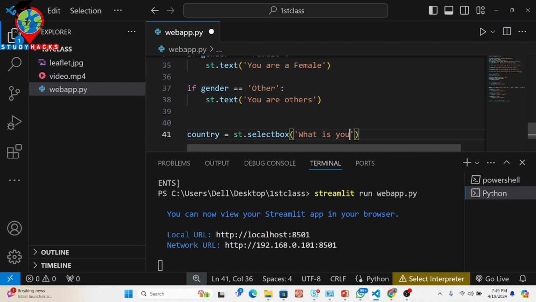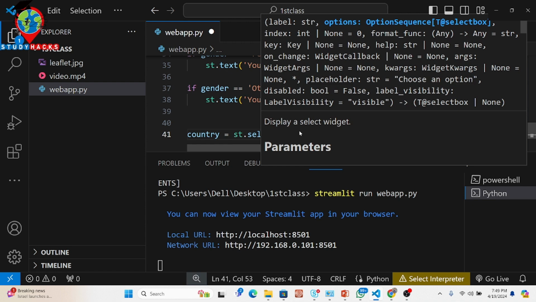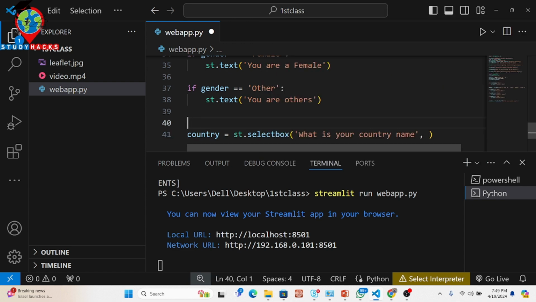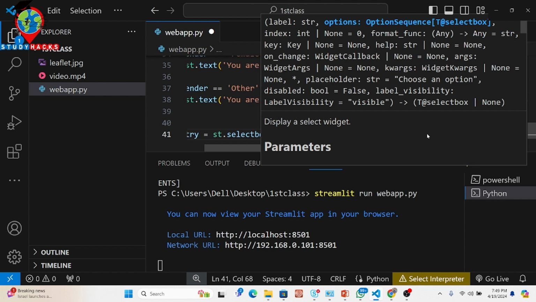What is your name? And further I just put, make a list of some countries. Suppose this time I simply put here the make a list, so use here the square bracket and put the country name. Suppose Bangladesh, I put the country name,